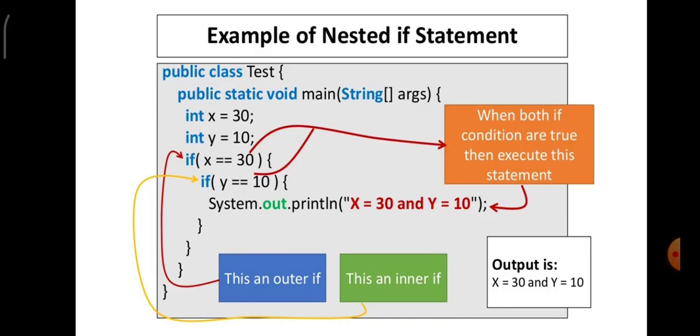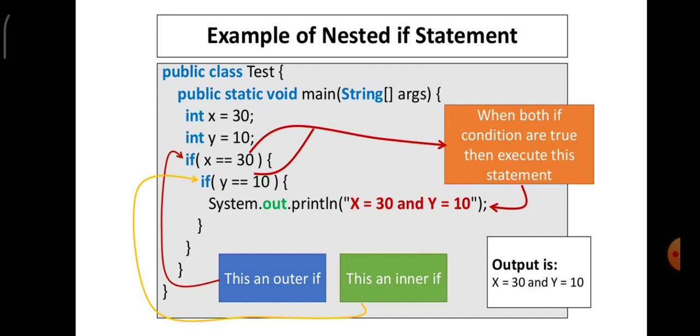This is the outer if, very clearly given to you. So that condition is good. It is true. It comes inside and looks out for if y equal to 10. What is y? y is 10. Is 10 equal to 10? The condition is matching, with y in the inner if and x in the outer if. Both conditions are true, so it finally prints x is equal to 30 and y is equal to 10. So nested if is nothing but one if statement within another.